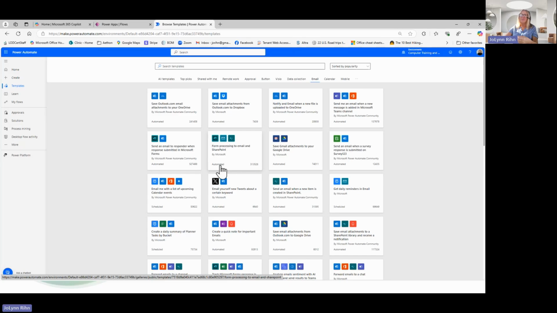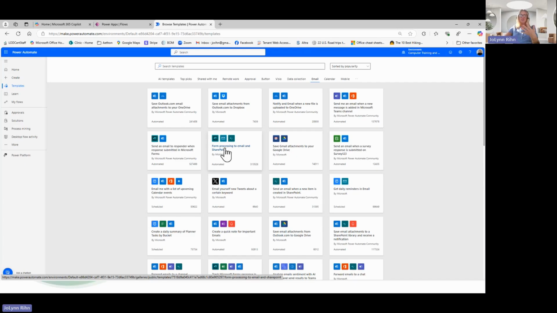And you can see at the bottom left, it says it's automated. And it's got the ID number, because each one of these templates has a unique ID number. The unique ID number is on the right-hand side. A unique ID number, I didn't mean that. That's not in this window. This is the number of flows that have been made by that template. But each one of the templates does have a unique ID number because I can search by them.